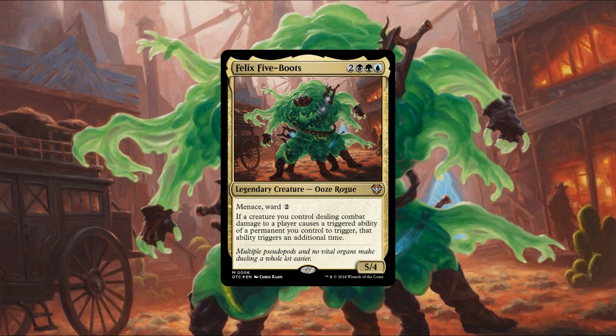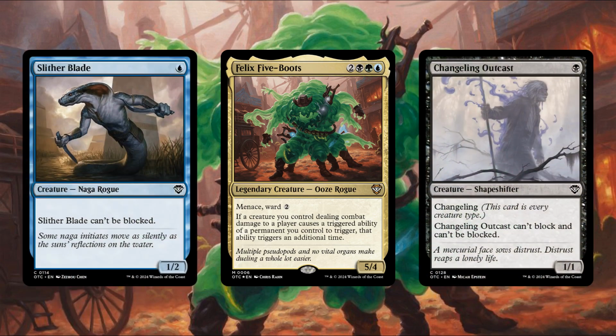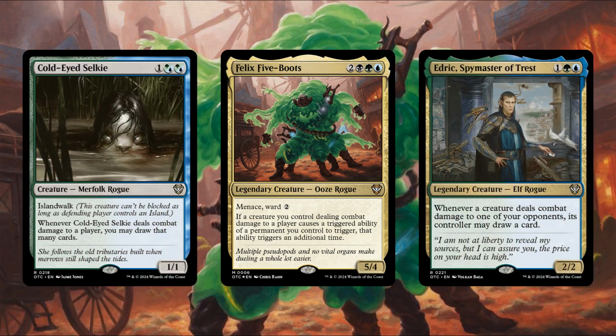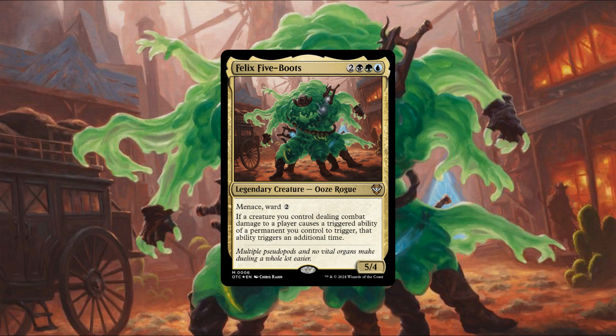So the question then becomes, what's the best way to build around Felix? We can certainly build him the same way we did Gonti Canny Acquisitor, going really low to the ground with evasive bodies and taking advantage of efficient built-in and AoE sources of on-combat damage effects to generate us a lot of value. And while that build would be effective, I figured this time around we could take the build in